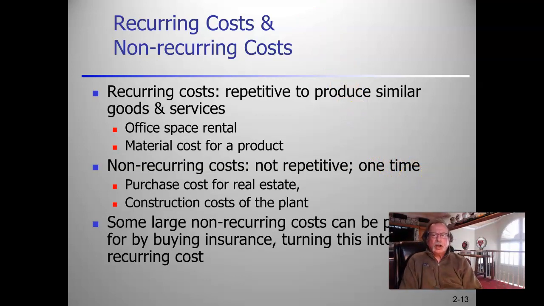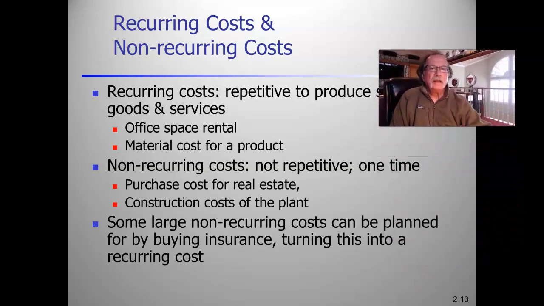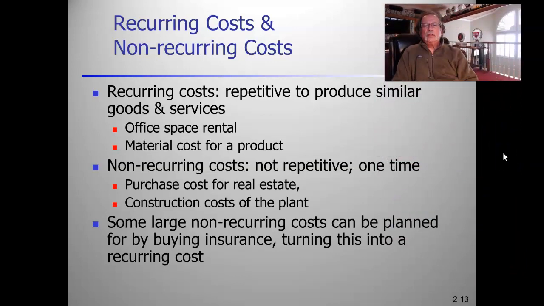So we have recurring costs and non-recurring costs. Recurring costs are repetitive. Now, it's rent. It's the cost for a product. Non-recurring costs are one-time. They're like fixed costs. The purchase price for real estate, the construction cost for a plant. It's a one-time thing. And the last bullet point says some non-recurring costs can be planned for by buying insurance, turning it into a